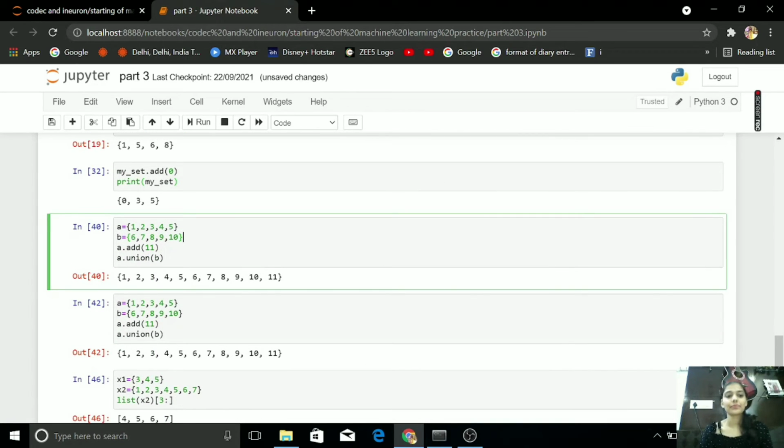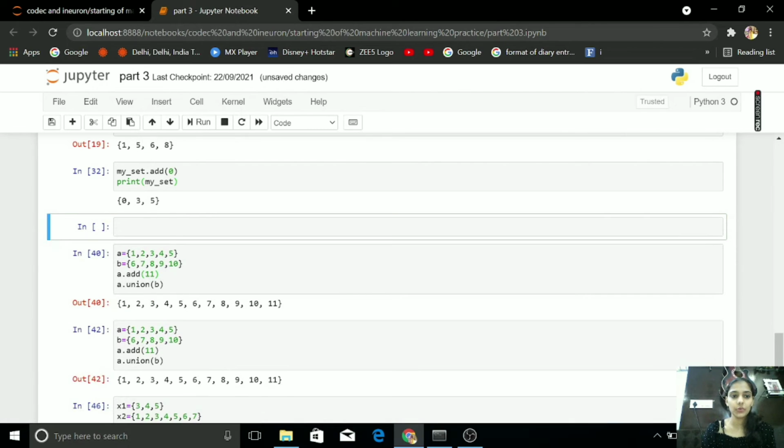Then I am taking A equals to 1, 2, 3, 4, 5. B equals to 6, 7, 8, 9, 10. If I want to add 11 in this, then A dot add of 11. Let me do this for you.